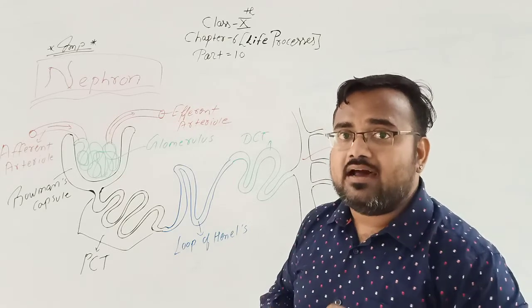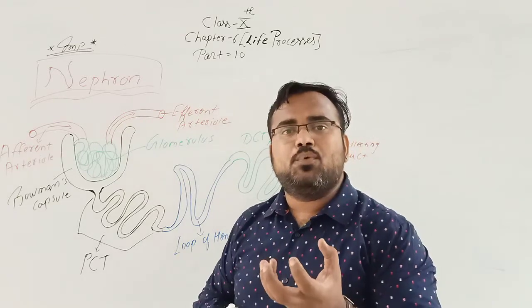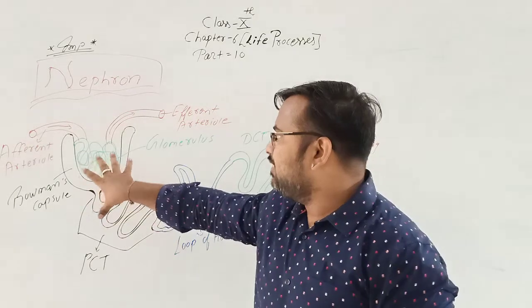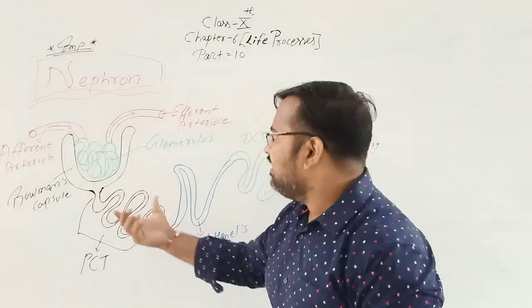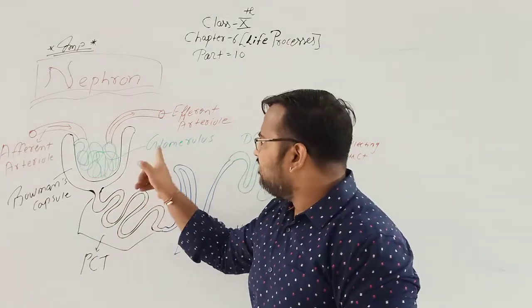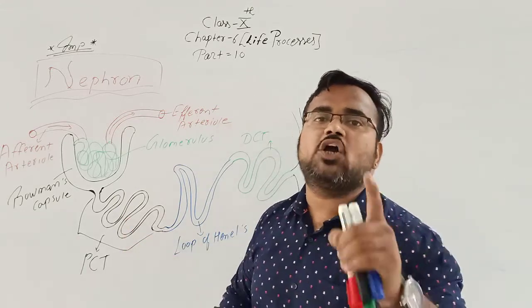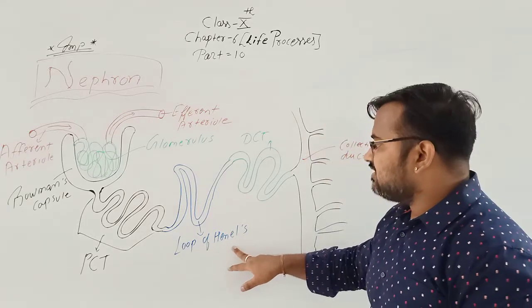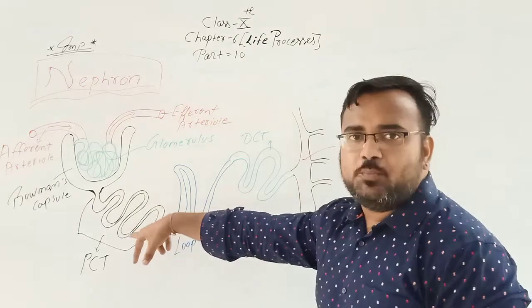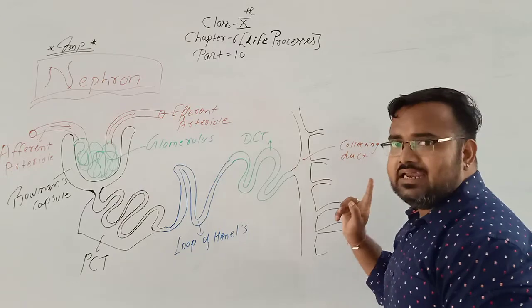Now you can ask the question: here the blood is impure and here the blood is filtered, so what is the process in between these two vessels? We will understand that the process of filtration takes place here. We will see it one by one. This cup-shaped structure is Bowman's capsule. The network of blood capillaries is the glomerulus. This very coiled structure is the PCT, proximal convoluted tubule. The U-shaped structure is the loop of Henle. This is the DCT, which is less coiled as compared to the PCT. And finally, the urine is stored in the collecting duct.